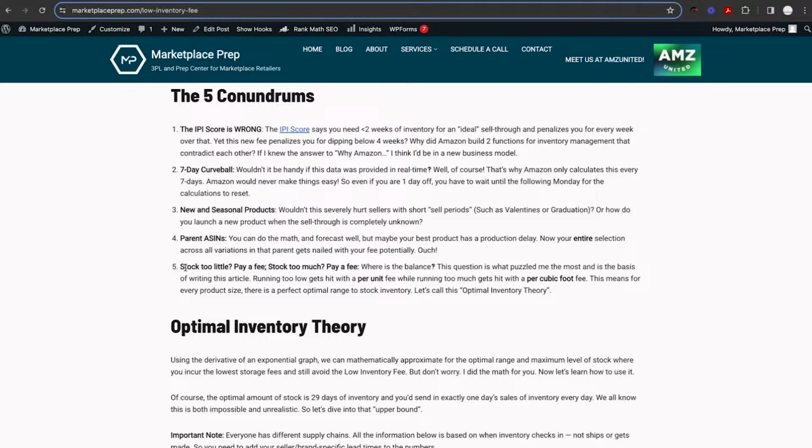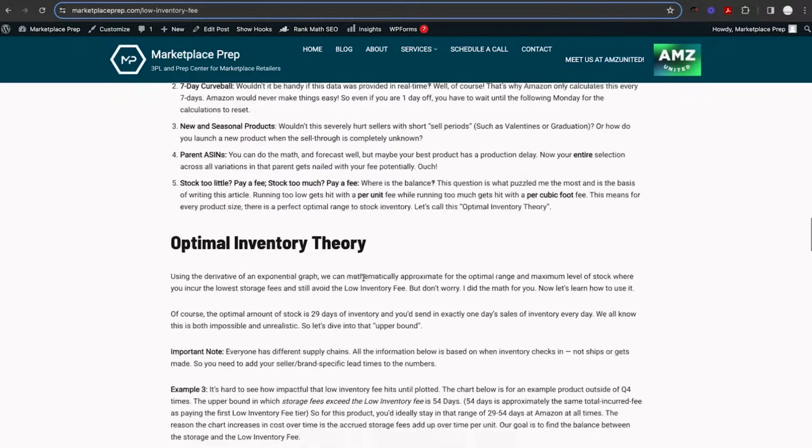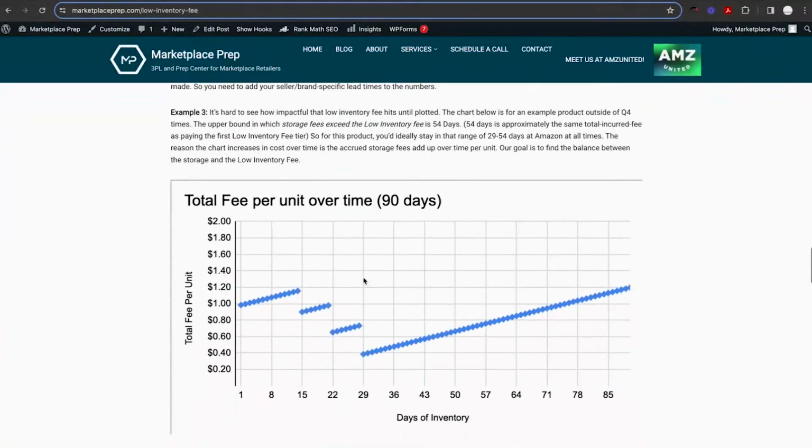This theory does not take in every single variable with Amazon, but for the most part, it's focusing on the inventory level fee, the low inventory level fee versus storage fees and long-term storage fees. So to start off, this wonderful chart of an example product. What this is demonstrating is for how many days of inventory you're going to stock, how much fees you're going to incur for a given unit. So for this particular product, the lowest amount of storage fees or low inventory fees that you could incur is about